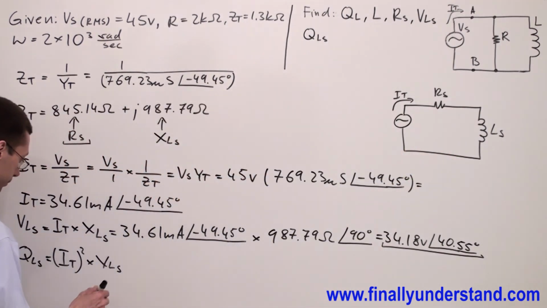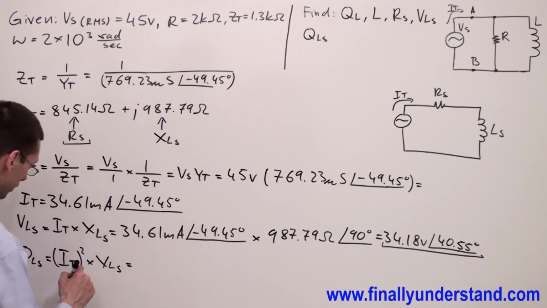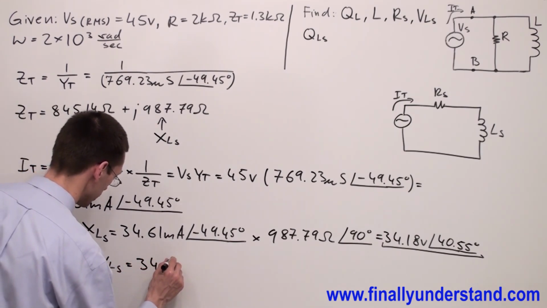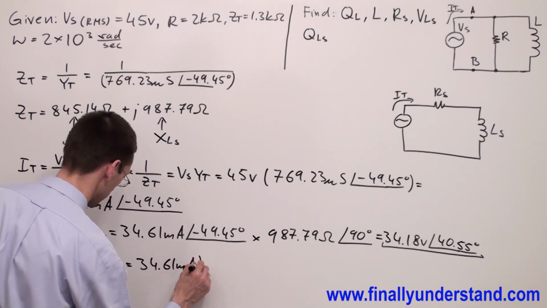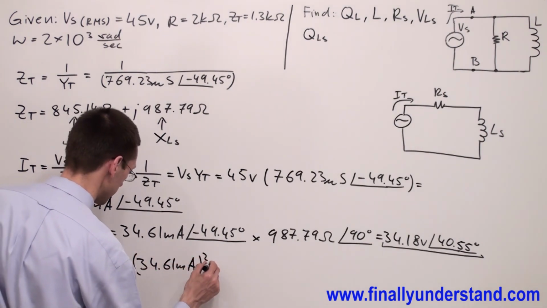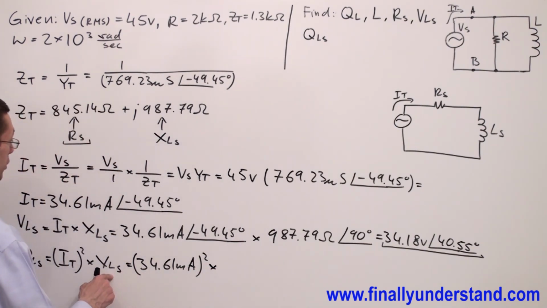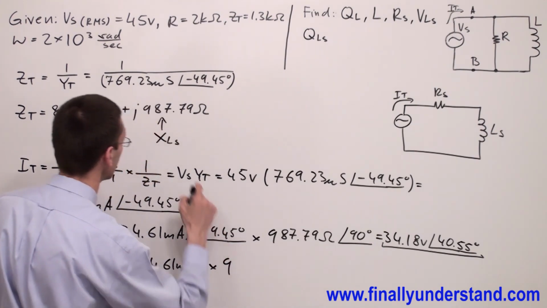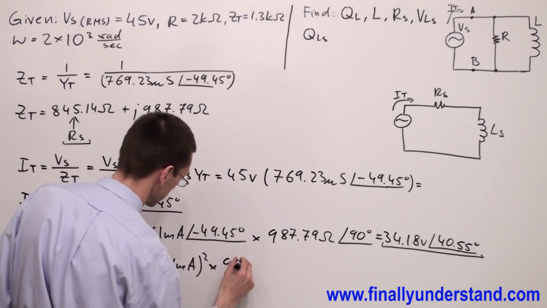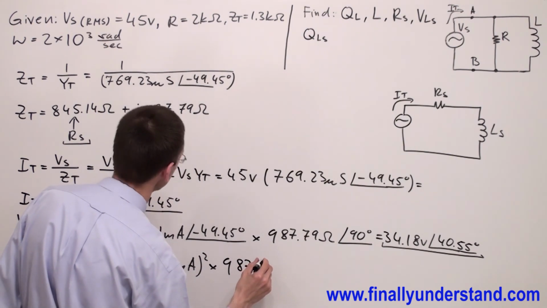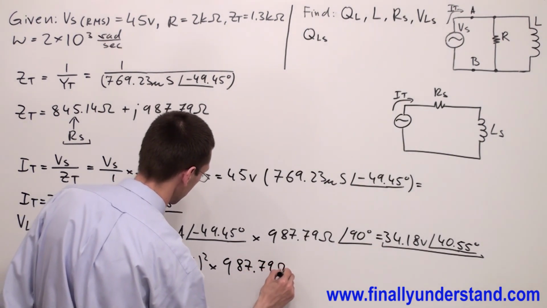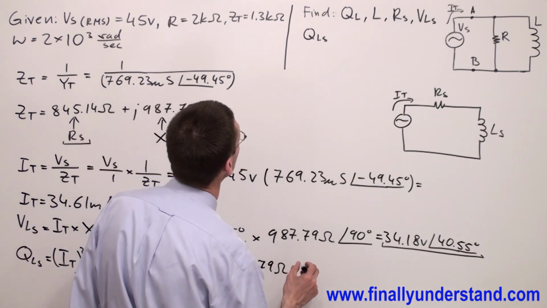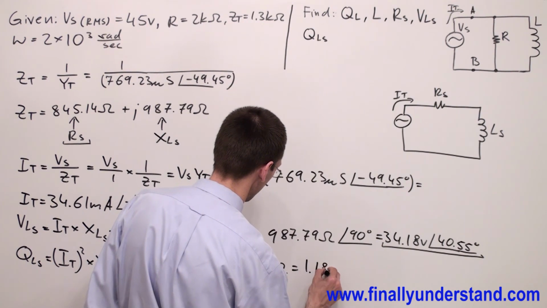So I have I total, which is equal to 34.61 milliamps raised to the second power times X of Ls, which is equal to 987.79 ohms. This is equal to 1.18